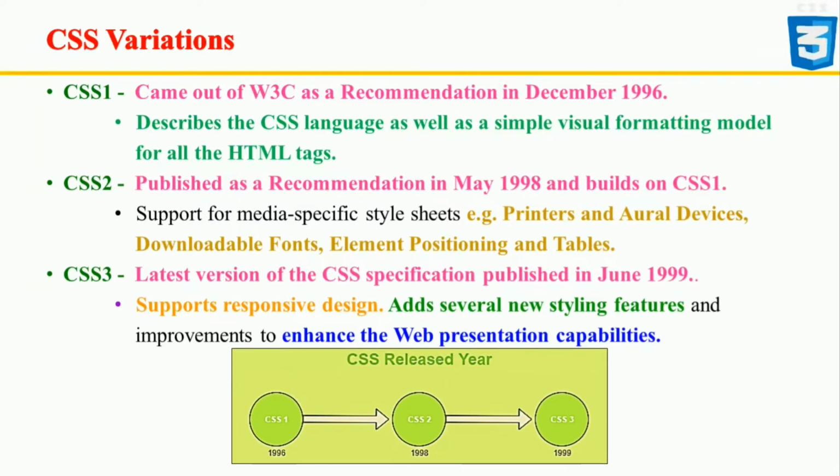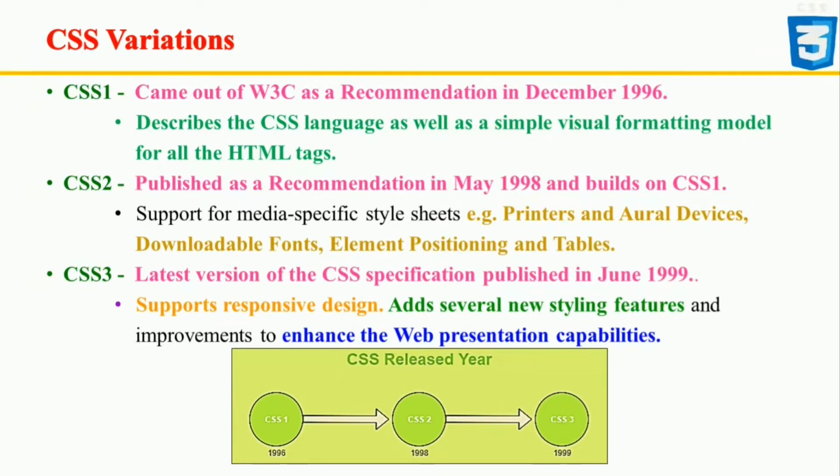Instead of defining all the features in a single large specification like CSS2, CSS3 is divided into several separate documents called modules. CSS3 has its major focus on modularization and separation of concerns. It has even included new selectors along with new combinators and new pseudo elements. And it has various properties added such as transform, gradients, animations, and transition for animation effect in the website. Recent add-ons are like border radius, box shadow, flexbox, and CSS grid.